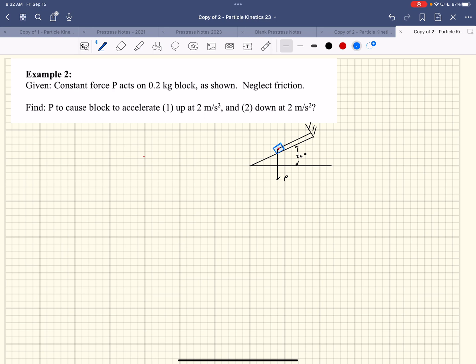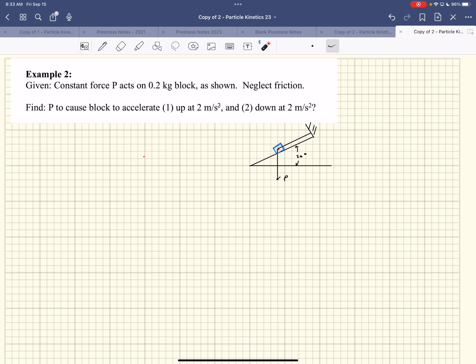Neglect friction. So you can imagine that string goes around a pulley and then down. And you can imagine if that string wasn't there, this block would just want to slide down from right to left. Or if I'm not pulling on that string at all, if that string is slack, then this block will slide down there. But if I pulled on this thing, I could slow it down if I pull on it a little bit, or even if I pull on it hard enough, it's actually going to go up. If I crank that thing down,